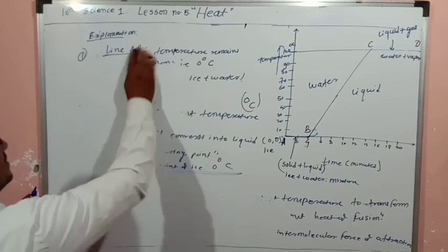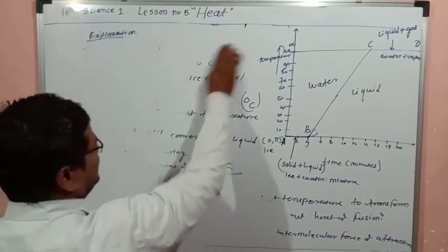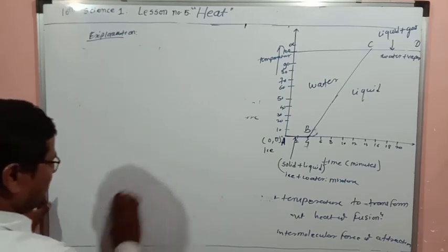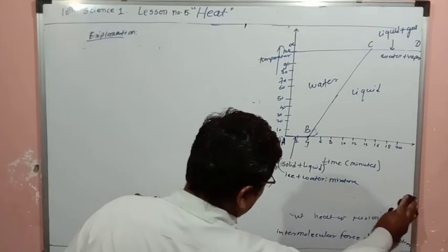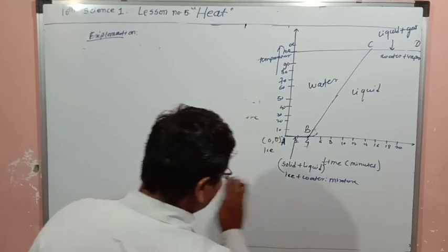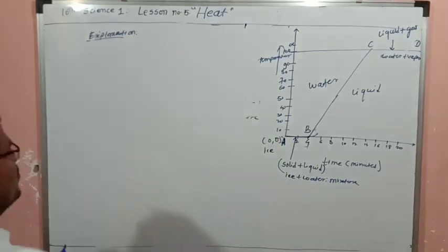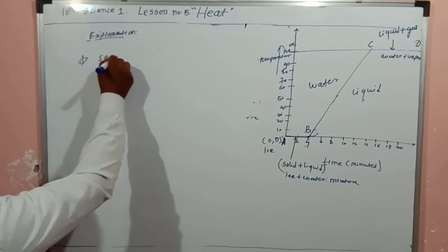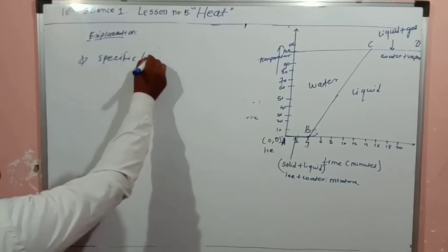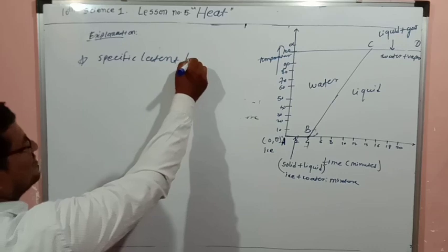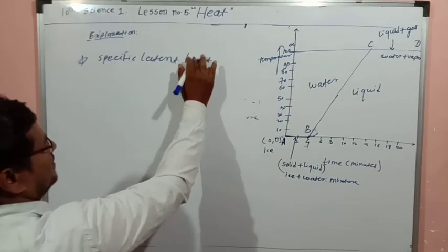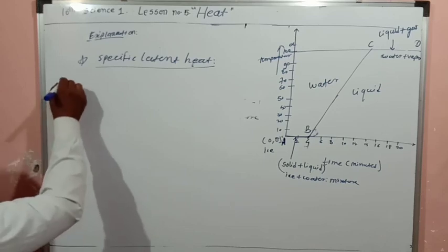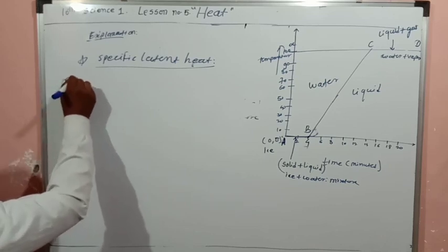Next concept, after latent heat of fusion, is specific latent heat. The word specific is simple: you just have to write unit mass of substance. So what is specific latent heat? Definition: